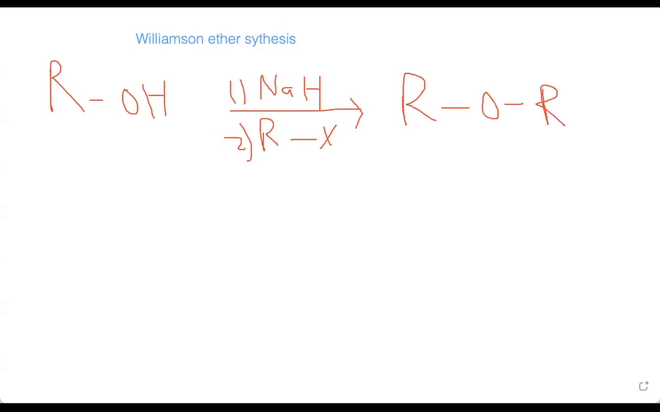So what happened here was this hydrogen has a negative charge, right? And then it's gonna take this hydrogen, and then